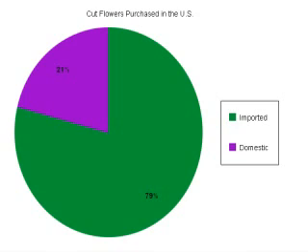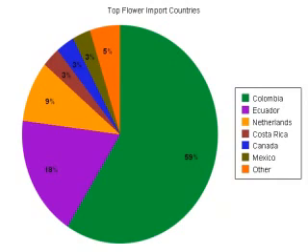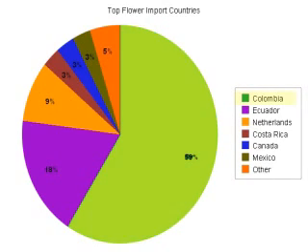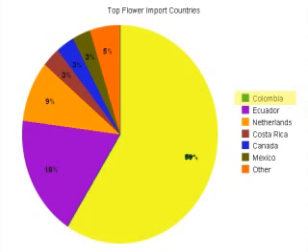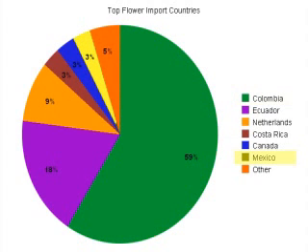in our market. The second chart shows us the percentage of cut flowers that come from different countries. Again, notice the legend is on the right-hand side of the graph, and you'll notice that Colombia exports the most cut flowers to our country, indicated by 59% of the flowers being imported into the United States. Mexico, on the other hand, exports only about 3% of our cut